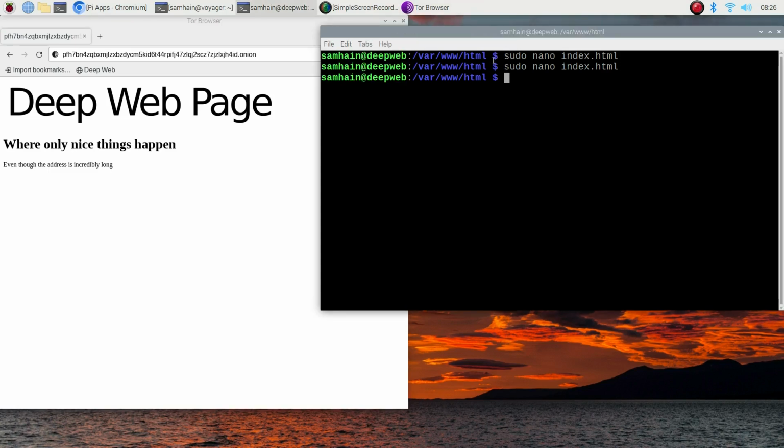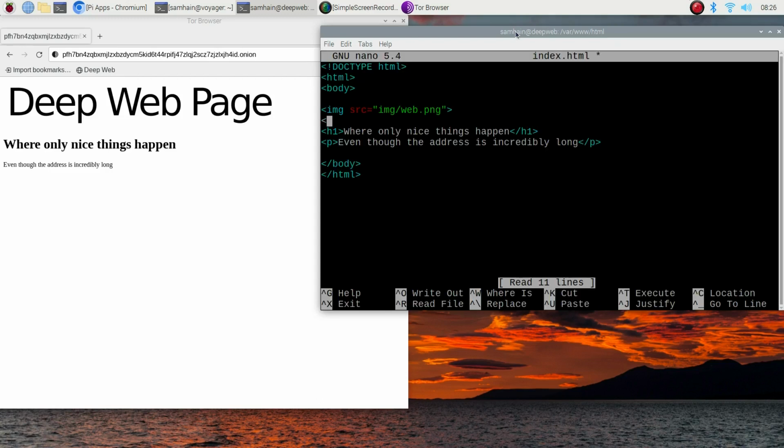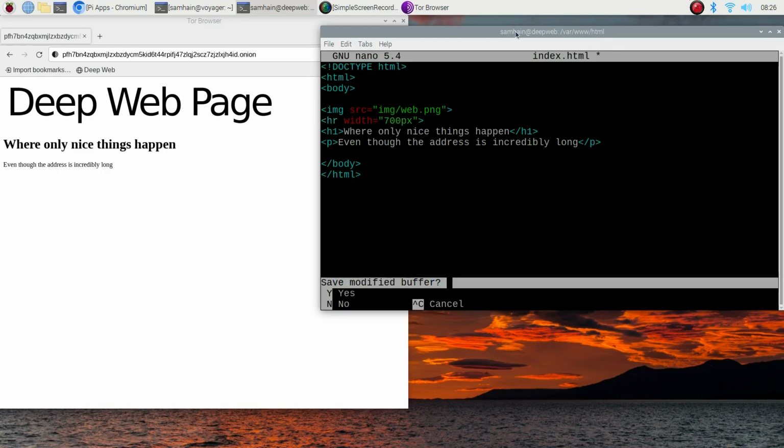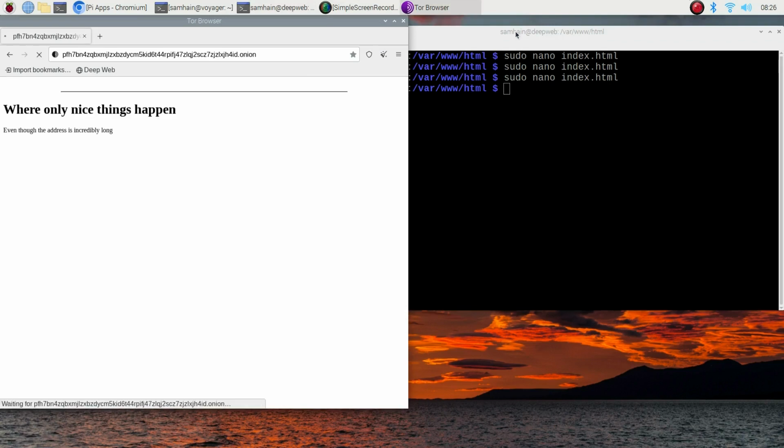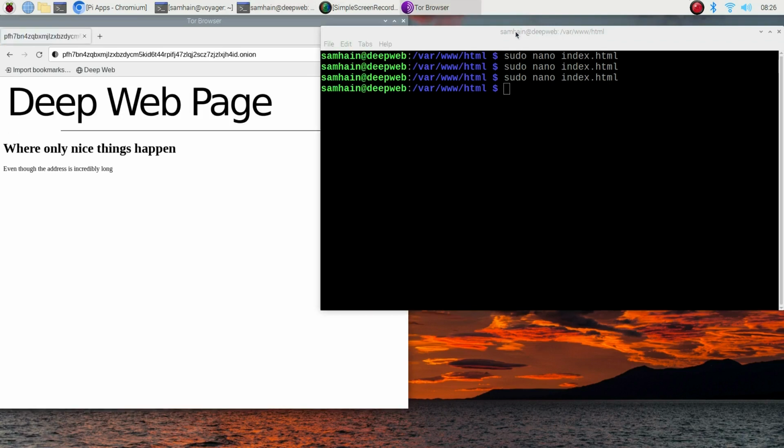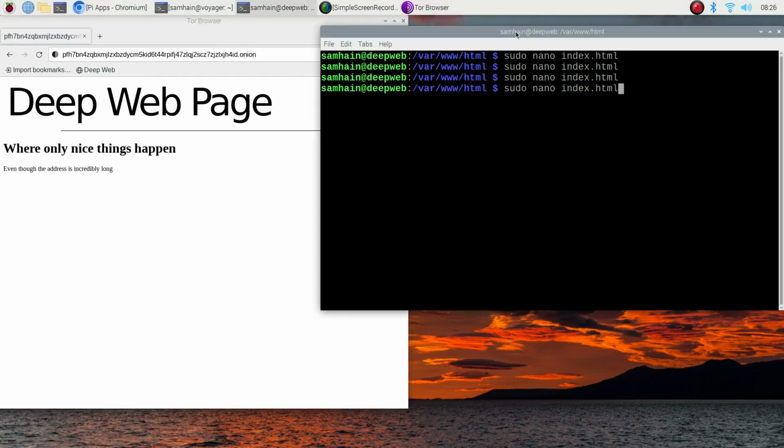I mean, you can do all sorts of things. So one last thing is I can put in hr width equals, let's just call that, what did I say? 700, wasn't it? 700 px. Yes. Reload. Oh, okay. Yeah. If you're wondering what I've just done there, I've just put in a horizontal rule,